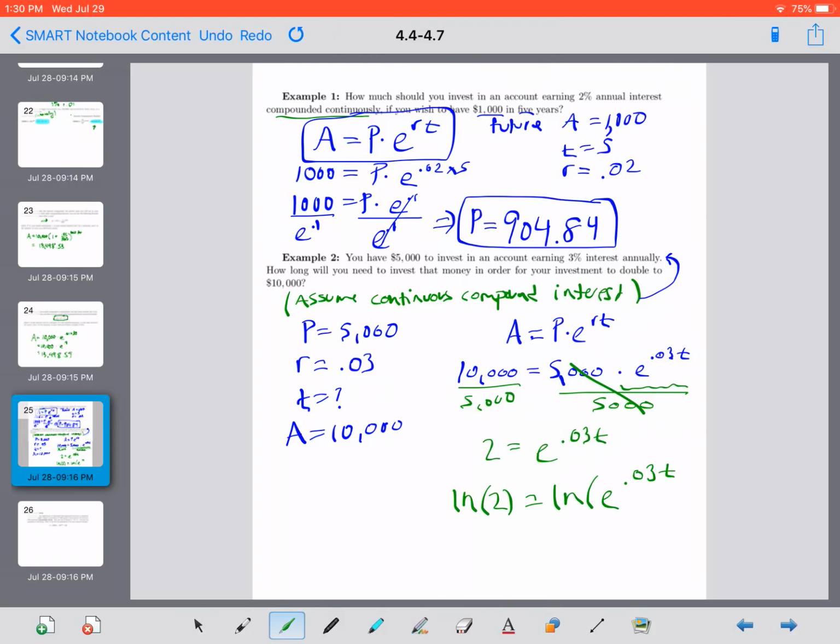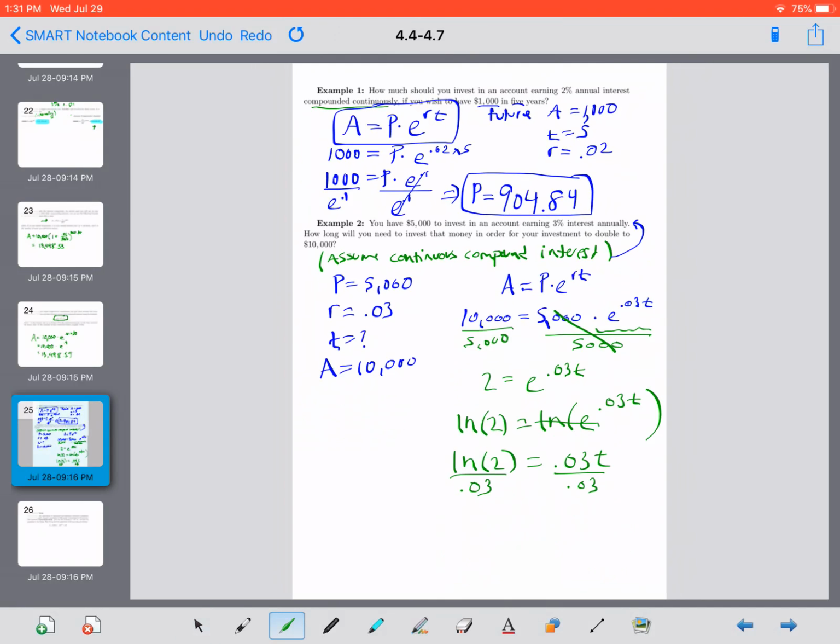So we have ln of 2 is equal to ln of e to the 0.03t. Now the ln and the e cancel each other out. So we have ln of 2 is equal to 0.03t. And finally, to solve for t, just divide both sides by 0.03. I'm going to have to do this on a calculator. I don't know what this is off the top of my head. But plugging ln of 2 divided by 0.03 into a calculator,